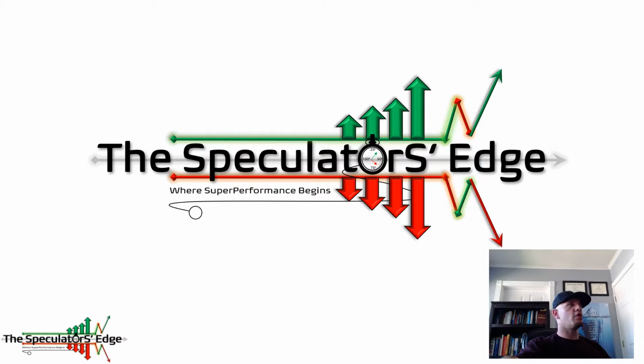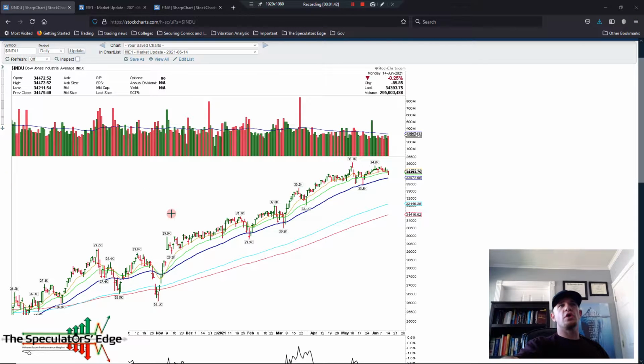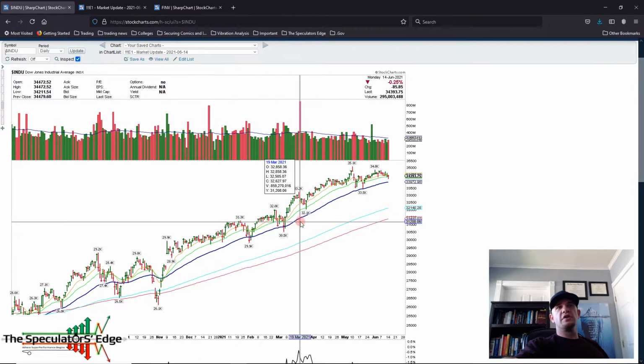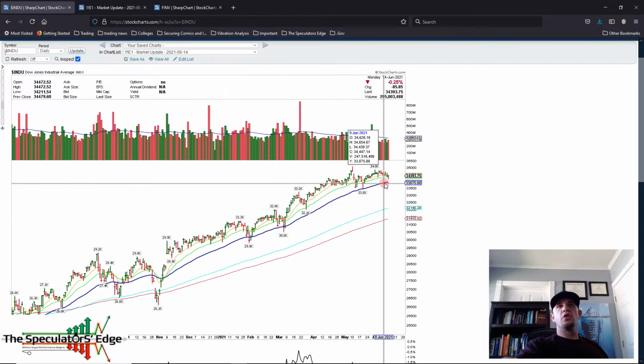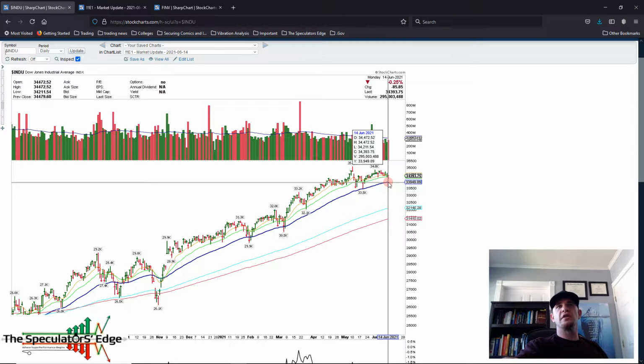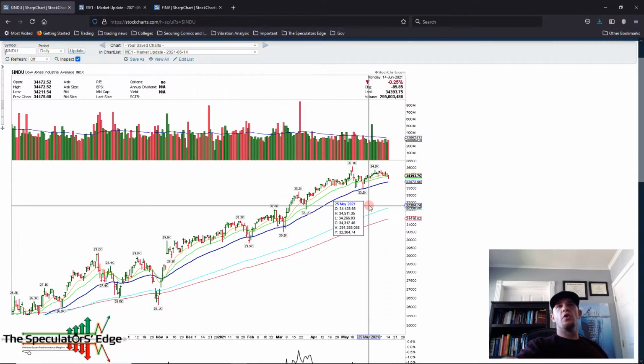What we're going to start off with is the Dow Jones Industrial Average. We're going to see what's happening within the market indices themselves. We still have a nice uptrend here. We're holding the 20-day moving average today. If it does close below that, expect it to get down to this 50-day moving average. So we're going to look at about